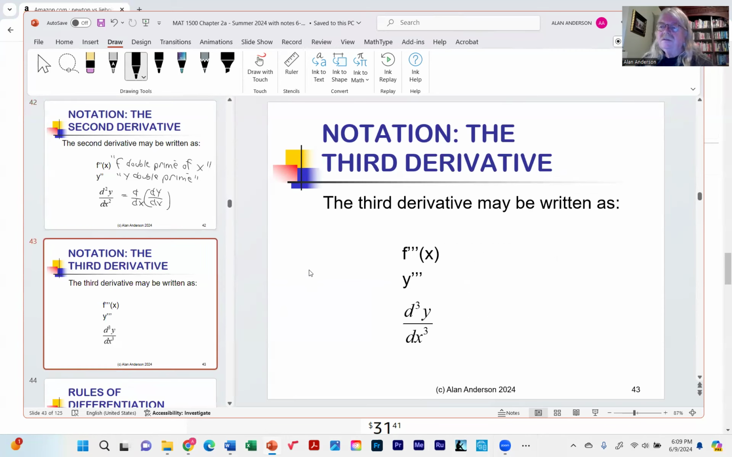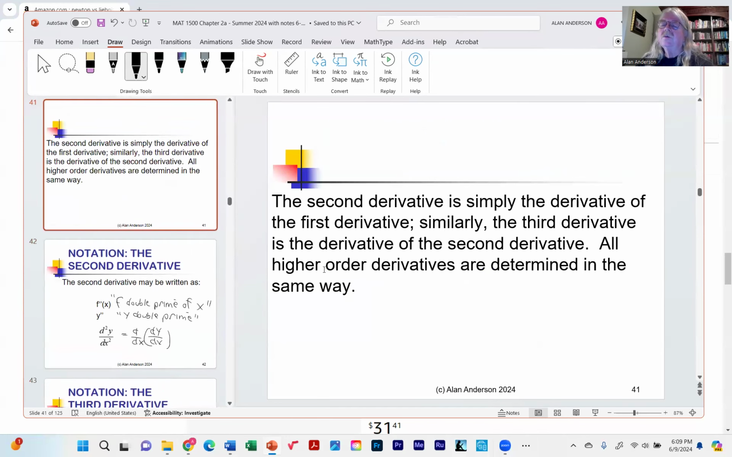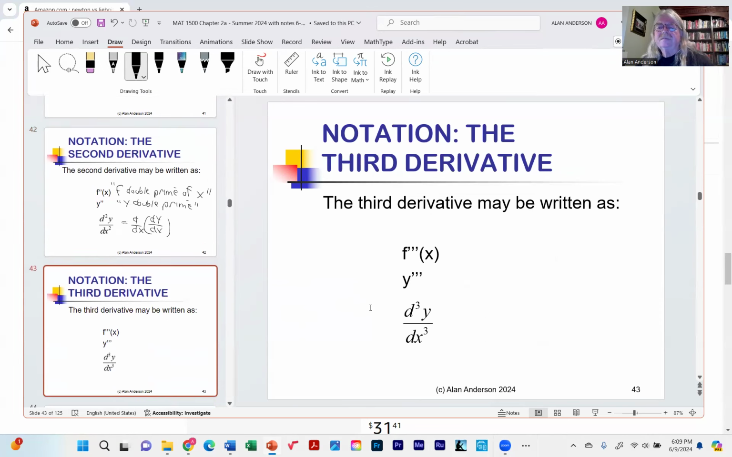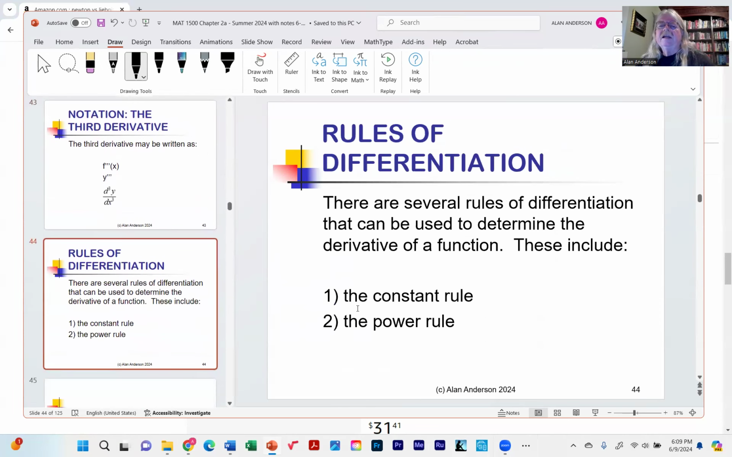The third derivative, maybe you'll see it once in a while, but all you're really doing is reapplying the same procedure multiple times. Okay, so the second derivative just means you take the first derivative, whatever you get, you reapply the same rules to the second derivative. Okay, now,